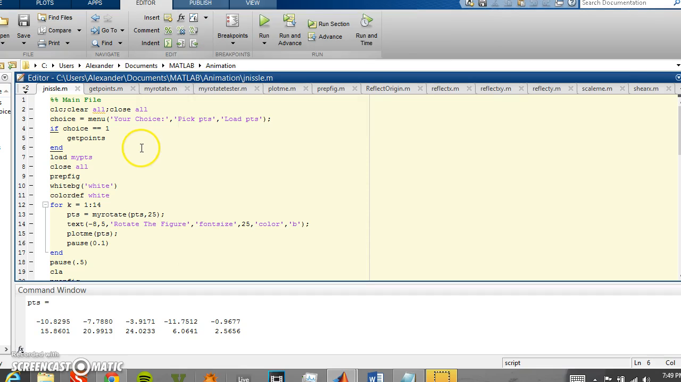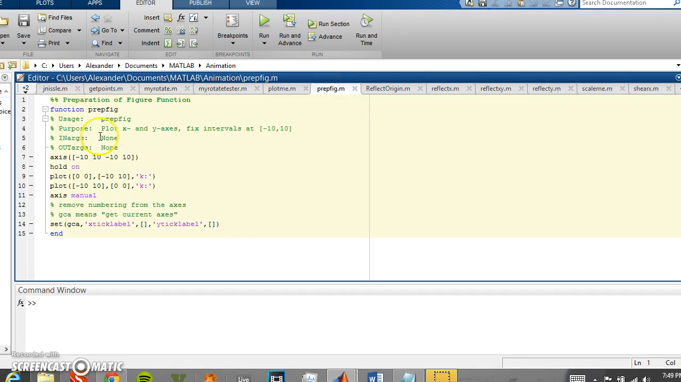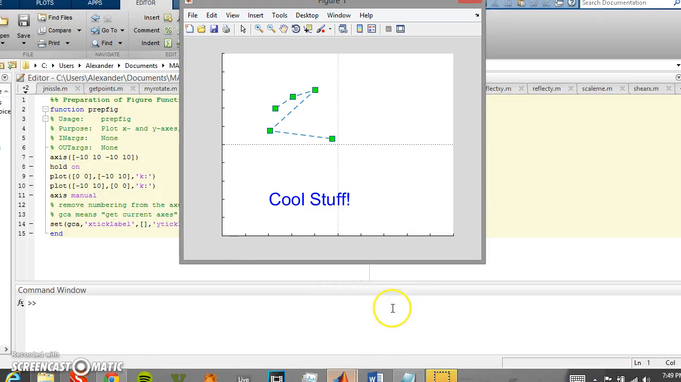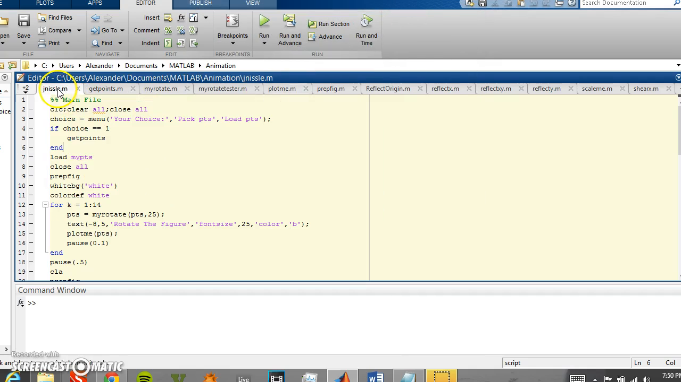So while that's running, you'll notice this prep fig function that's called here, and that basically just, as it says, preps the figure window. In this case, it sets up the axis and also the ticks for the plot, which I'll bring back up. And that's all this stuff right here. So going back to the main script,